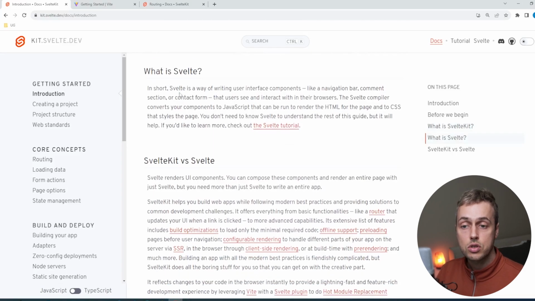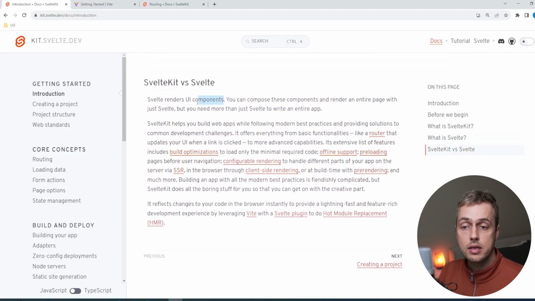What is Svelte? Svelte is a way of writing user interface components. So it's a component-driven library. Svelte includes a compiler which converts these Svelte components that you build to JavaScript. That JavaScript can then be run to render the HTML for the page and the CSS that styles that page. So Svelte itself is just about rendering these UI components, and you can render an entire page with just Svelte, but if you want to do more than that, if you want to write an entire application, it's best